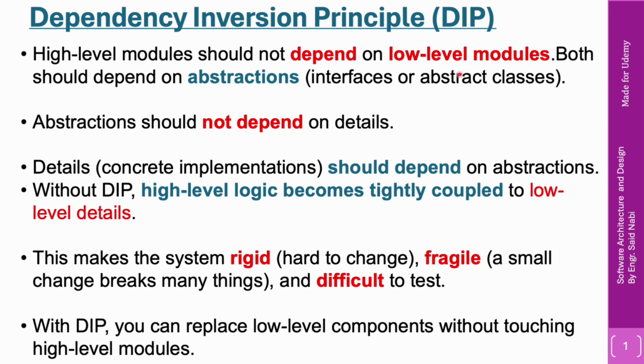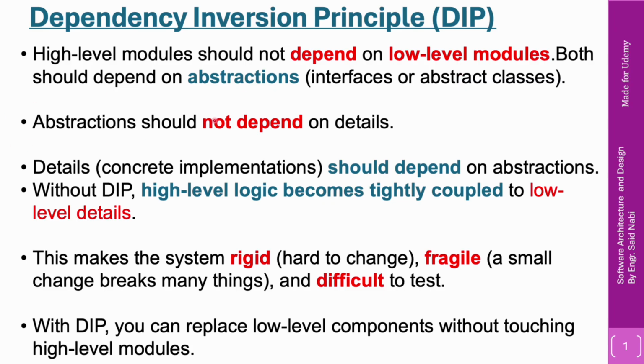For example, you have an e-commerce store, right, where you have a high level module like OrderProcessor, and that high level module is dependent on low level modules, for example PaymentMethod. And if the payment method is changed from credit card to Stripe or PayPal, then you have to change the high level module OrderProcessor as well, and that is a violation of the dependency inversion principle. So we need to keep in mind that we have to follow the dependency inversion principle. Only then can we make our system flexible, easy to change and scalable, right?